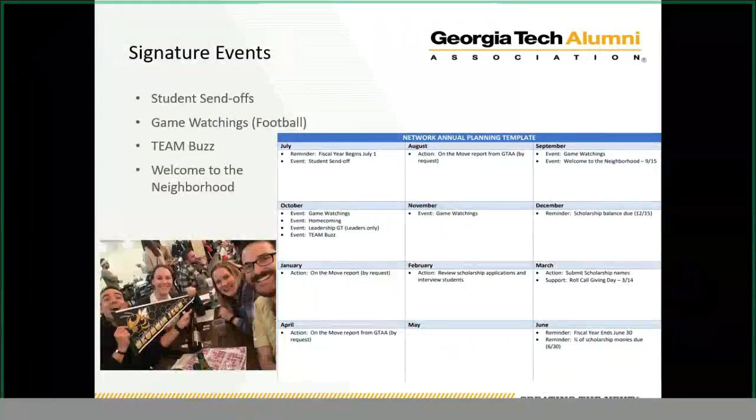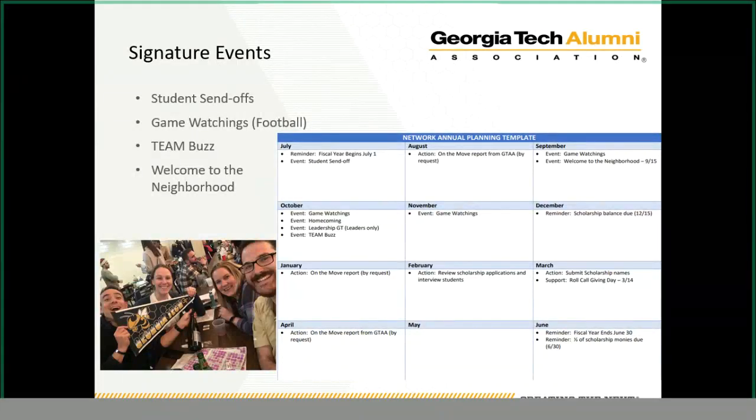So I think the best place to start is to take out that annual plan template from the Leaders Resource Guide. Again, that's found at gtalumni.org/toolkit, which I will continue to repeat again and again until you all can recite it from memory. You can share it with all your fellow leaders, even though hopefully, again, you've bookmarked it by now. But this particular document does already include some of the highlights of those quote-unquote signature events that almost all of our networks do each year.